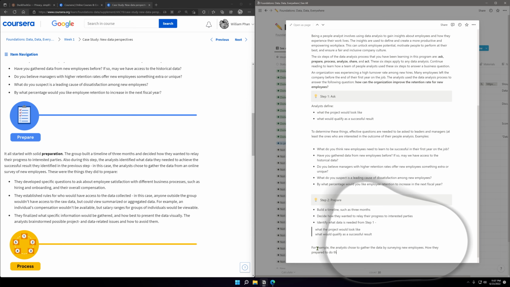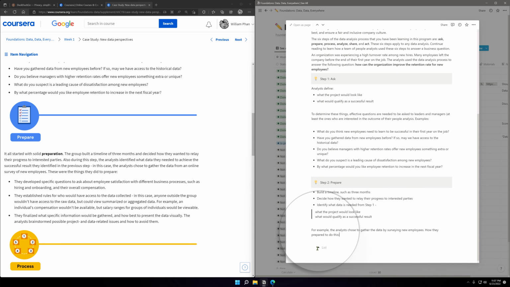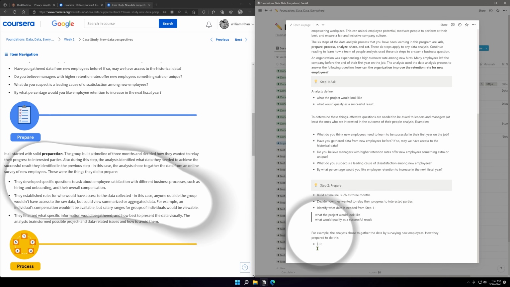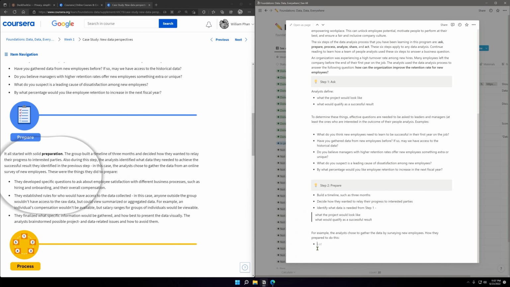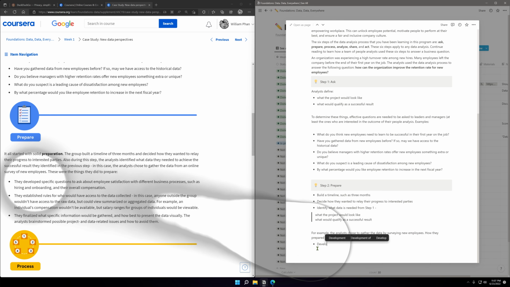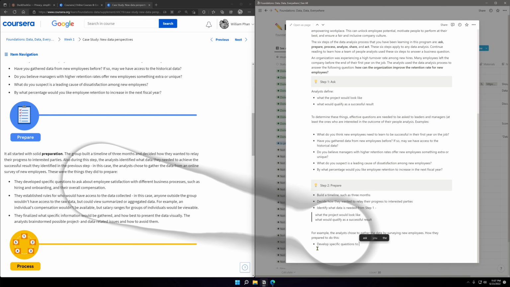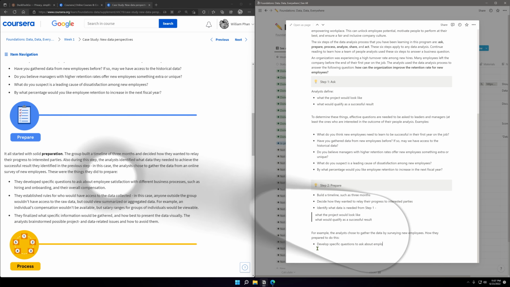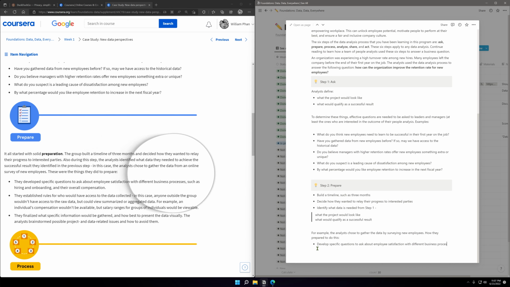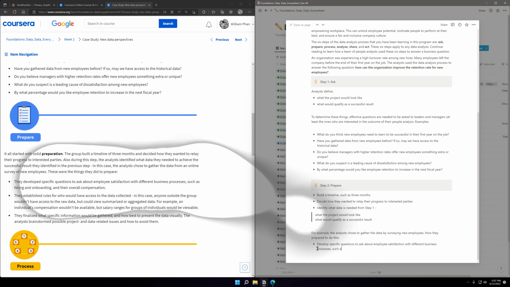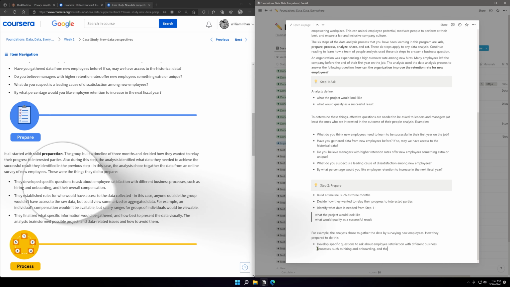They prepared to do this. Questions asked about employee satisfaction with different business processes, such as hiring and onboarding, their overall compensation,